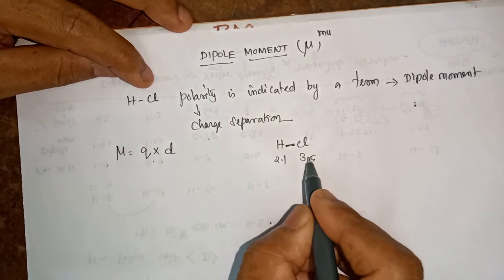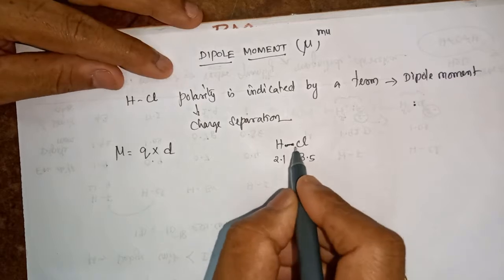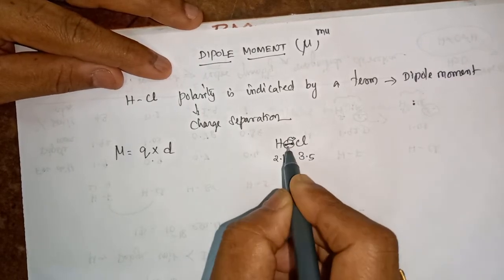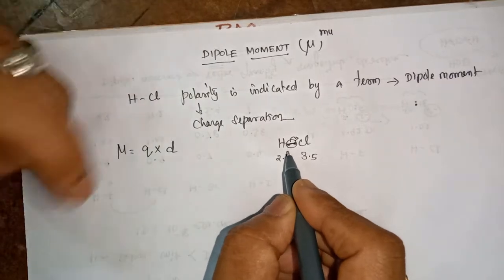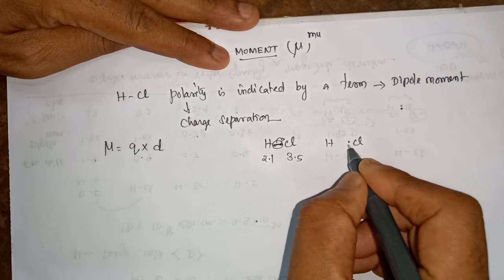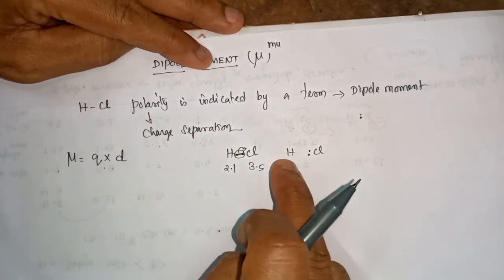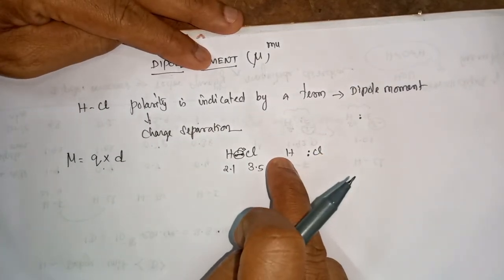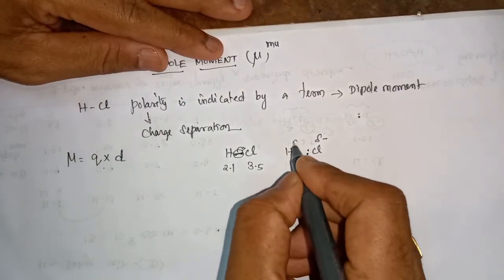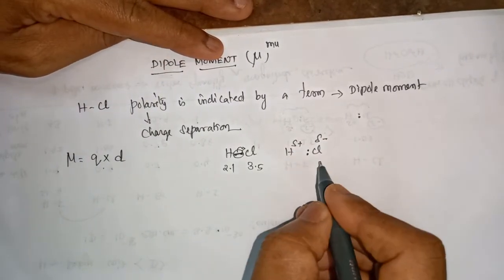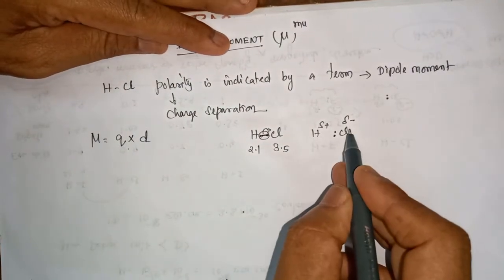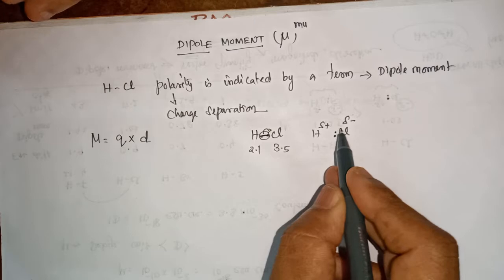Because of the higher electronegativity value of chlorine, this chlorine pulls these two electrons present in the bond towards itself very tightly. So what will happen? Those two electrons move closer to chlorine. The atom toward which the shared pair moves becomes partial negative, and the atom it moves away from gets a partial positive charge. This is called charge separation.